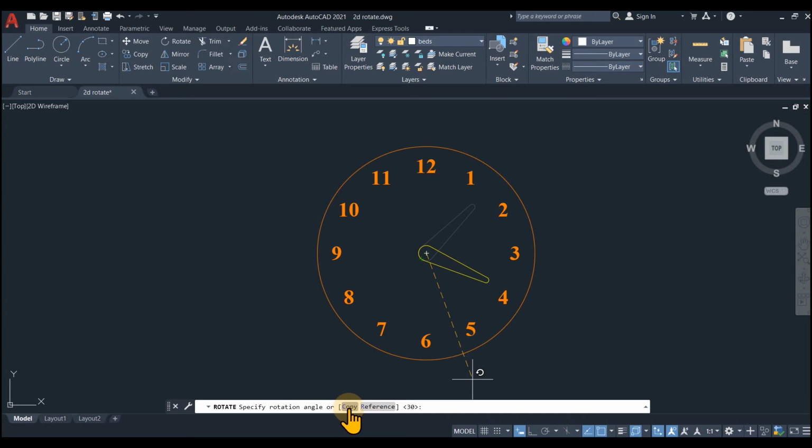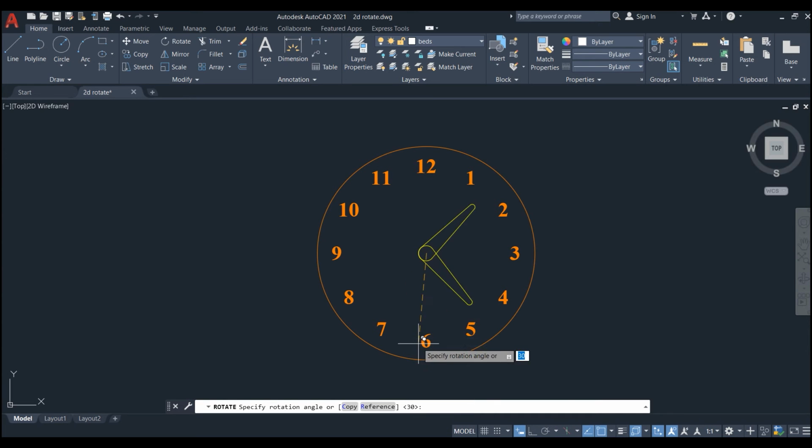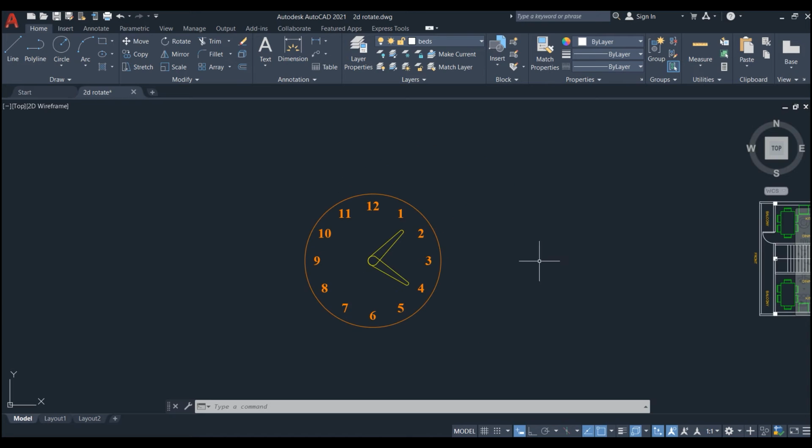So to take this sub-option, you can either click on the sub-option or you can activate it by right-clicking and then clicking copy. And I would like to rotate my copy at 80 degrees clockwise, so I am going to type negative 80 and hit enter. Now that we have got the basic idea how it works, let's try and use it in a practical example.